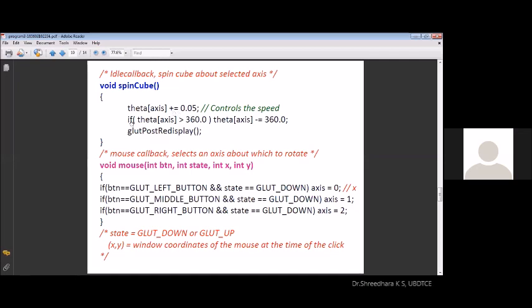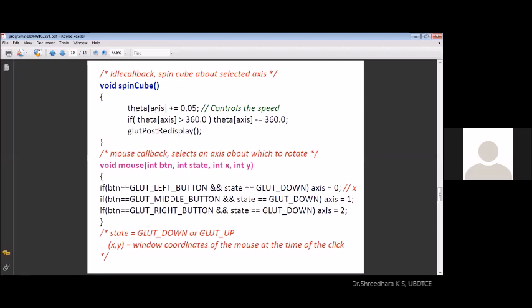And one more thing you have to attach to this rotation: if the theta axis value is greater than 360, reinitialize it to 0. Once again the increment starts, and when it becomes 360, it becomes 0. That is how 0 to 360 is maintained with respect to theta.